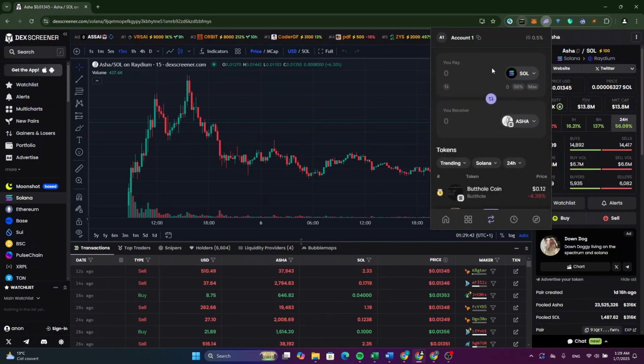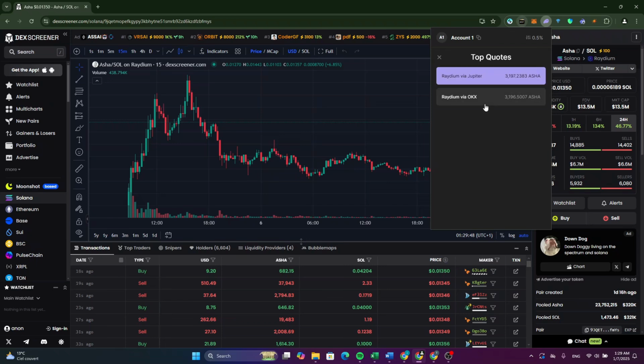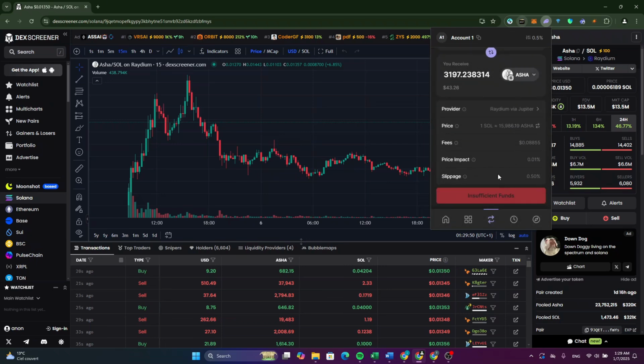Just click on your token and here type how much you want to buy. Wait a few seconds and you will see how much of the token you receive. After that, select the provider from here, for example, Jupiter. Be sure to read all of that information and after that, click on swap and you will be able to